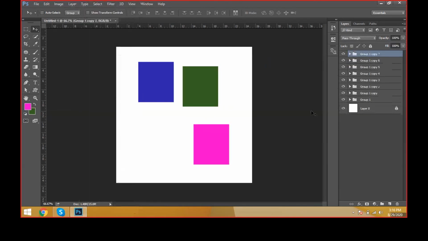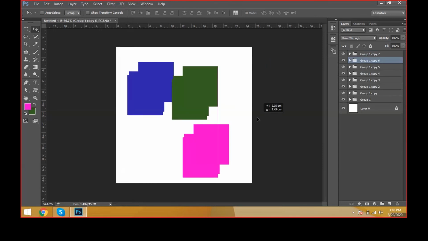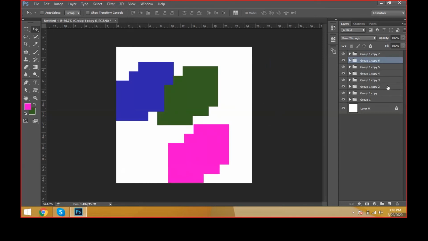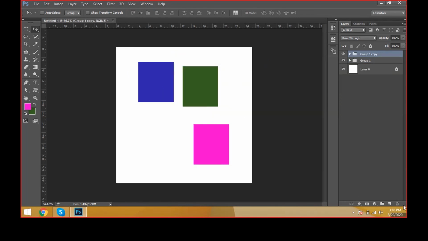We can take a number of groups and, using the Shift key, select them all at a time and delete the groups of layers. Control G, it is a group. Already we have bound a group of three objects in the layers. Okay, with 3 layers, I would like to release the group, which means I would like to ungroup the group.